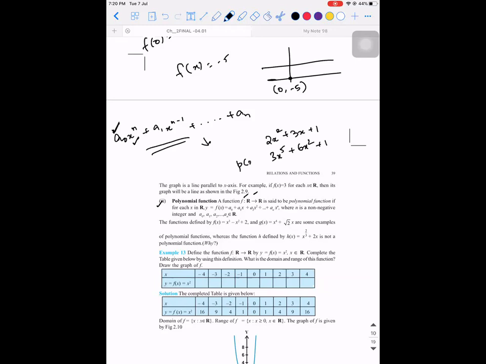Last year you would have learned it as p of x is equal to. This year you are learning it as f of x is equal to. If you see the polynomial, it is an expression. There are two things in maths we always use: one is expression and the second is equation. Expression means it will have terms, and each term will be a combination of a constant and a variable. So here, in 2x squared plus 3x plus 1, how many terms are there in it?